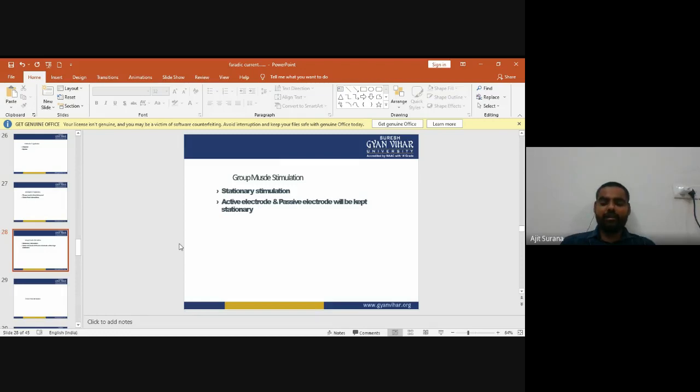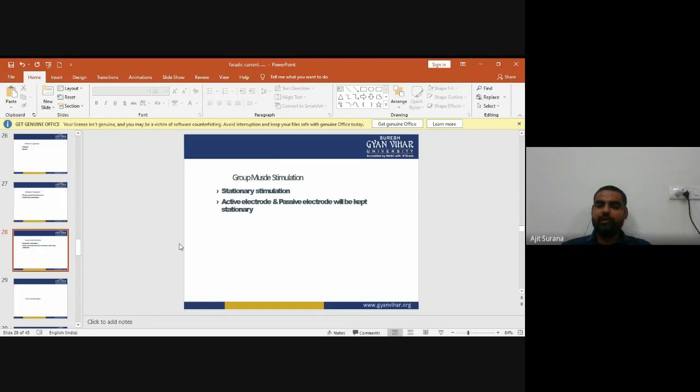It is used for muscles which normally work in groups, such as the quadriceps, the muscles of the pelvic floor, and the small muscles of the foot. For group stimulation, the passive electrode is preferably placed over the plexus or nerve trunk at the place where it is superficial, and the active electrode, preferably a pad electrode, as in quadriceps stimulation, is placed over the motor points of the different muscles in the group.